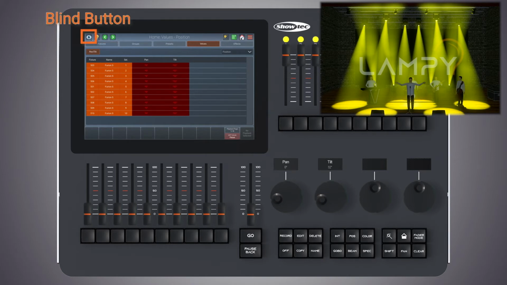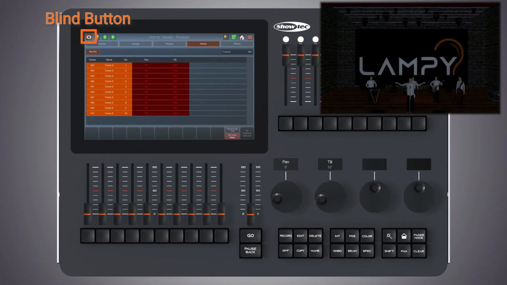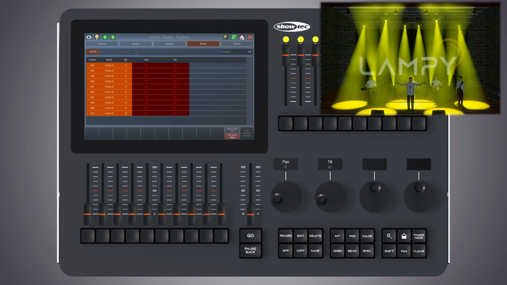It is called the blind button and it's indicated by an icon showing an eye. Whenever blind is active, it will hide the programmer content. The second press will show the content again. This is very useful if you want to make modifications live during a running show, but you don't want them to be output.